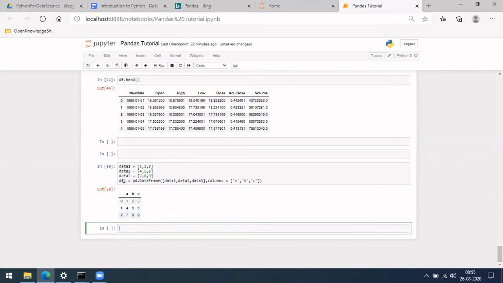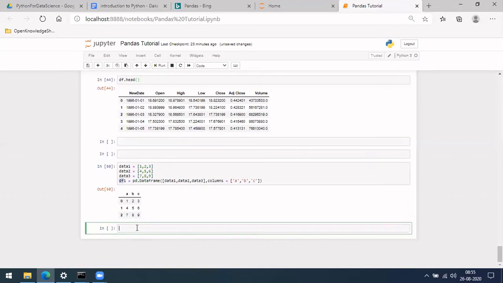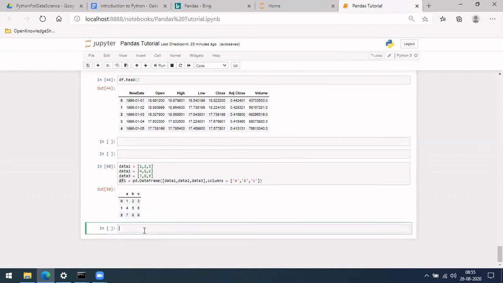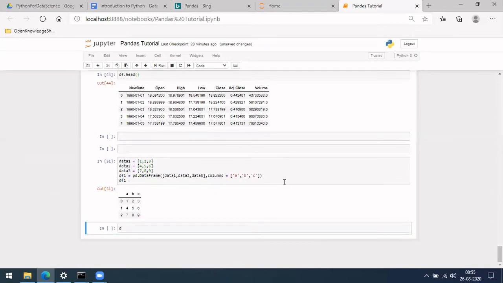Let's use the same indicator df in the variable name for a data frame, so that by looking at the variable you can identify that it is a data frame. In case it is just A, B, C or something, you won't know that it is a data frame just by looking at the code. Let's run it again, because now it is saved there.